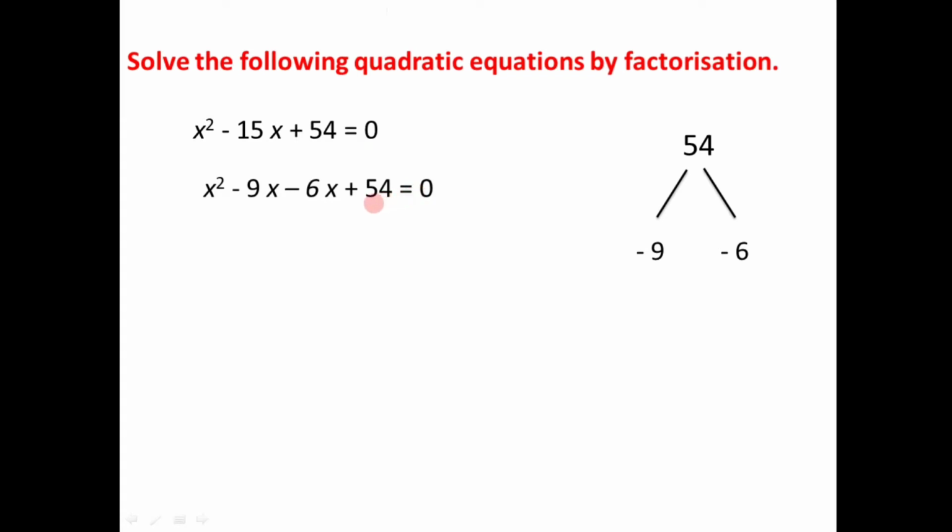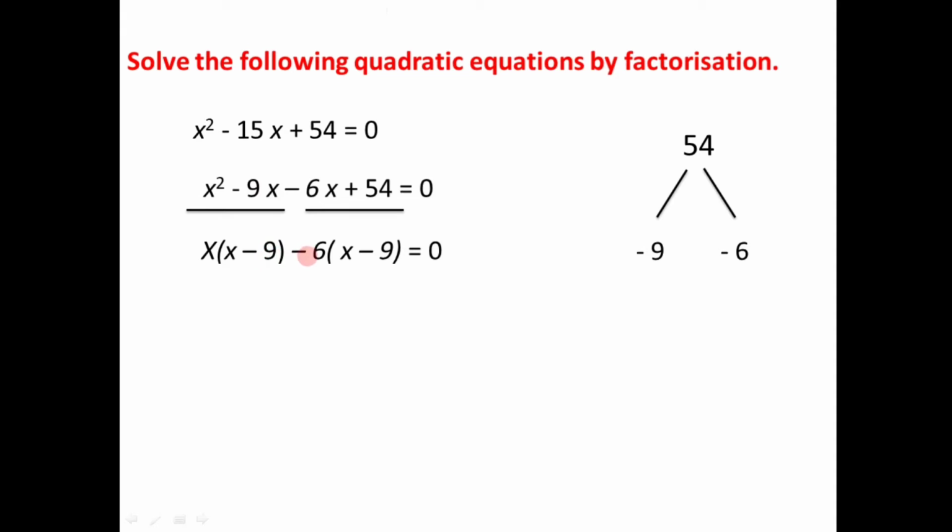Now here the next step we have to make groups of two. The first group is x square minus 9x and the second group is minus 6x plus 54. From the first group we can take just x as a common. So if we take x common, in bracket we should have, out of x square we have taken 1x common, so in bracket we will have x minus, out of 9x we have taken x common, so in bracket we will have only 9,